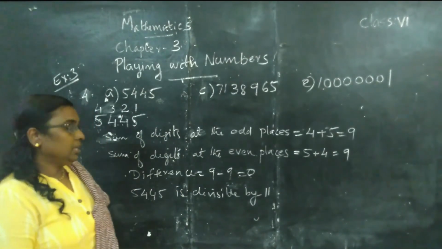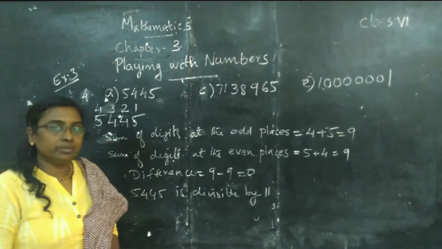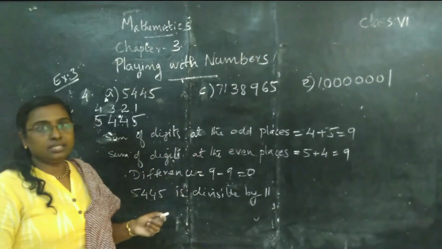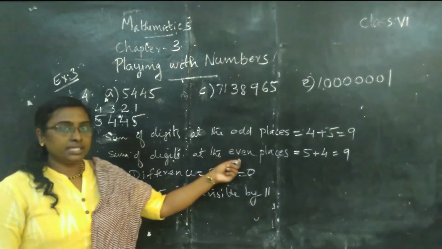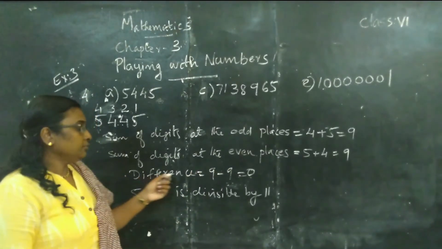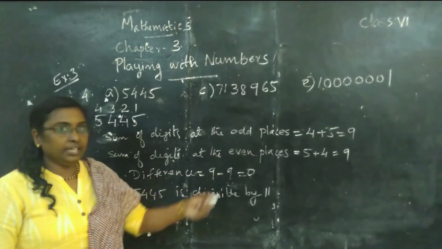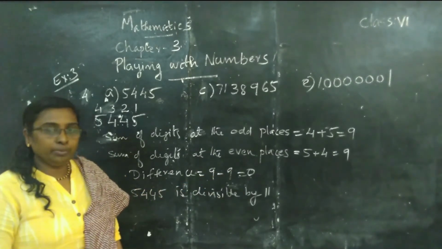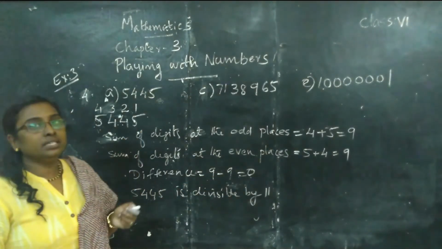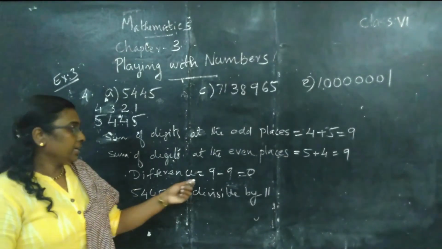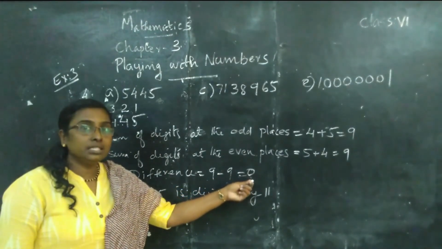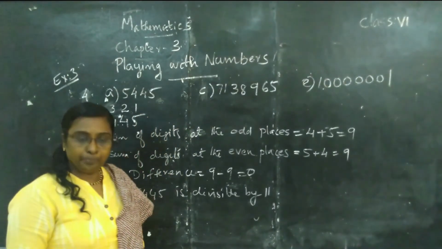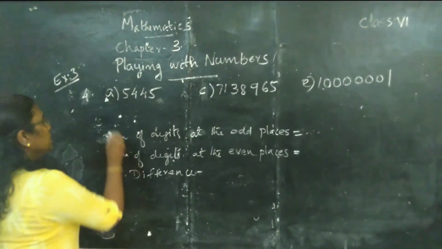Okay. How can we check whether the given number is divisible by 11? First find the sum of digits at odd places. Then find the sum of digits at even places. Then find the difference between them. If the difference is 0 or a multiple of 11, the given number is divisible by 11. Here we get the difference as 0. Therefore, the given number is divisible by 11. Okay. The next question is